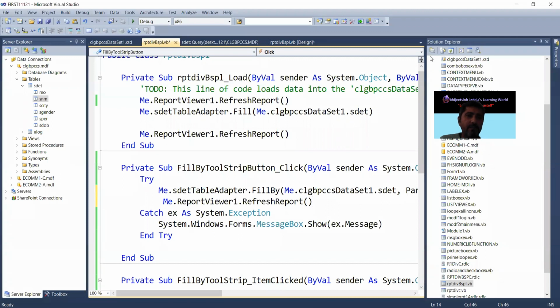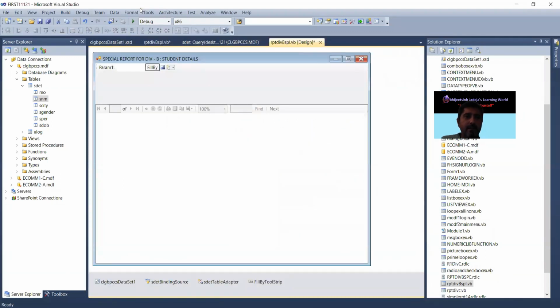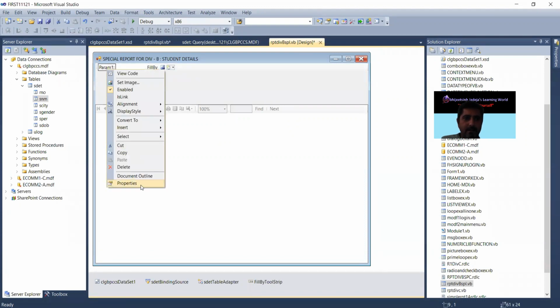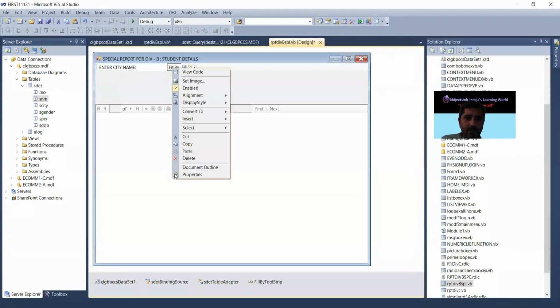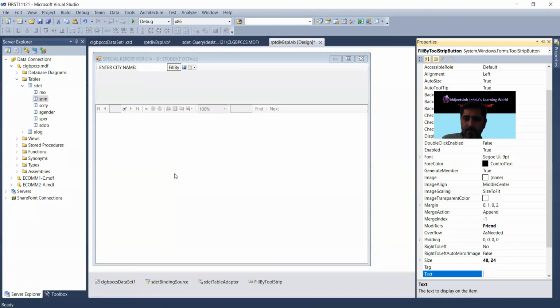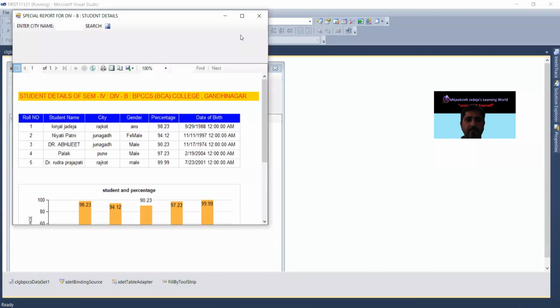I press Control V. Go to property, enter city name. Here fill by is also there. Go to property. I prepare a search button.